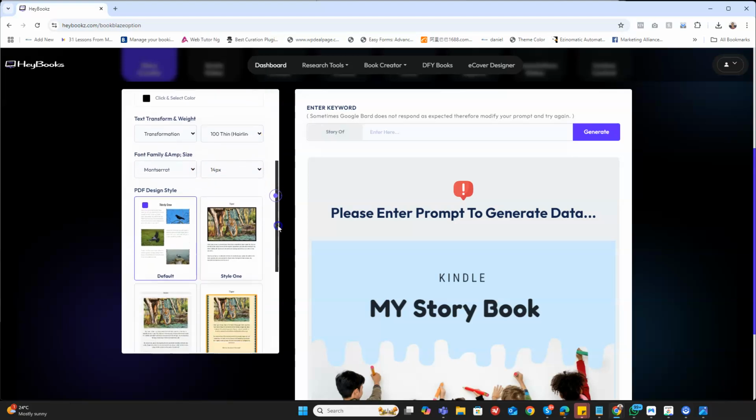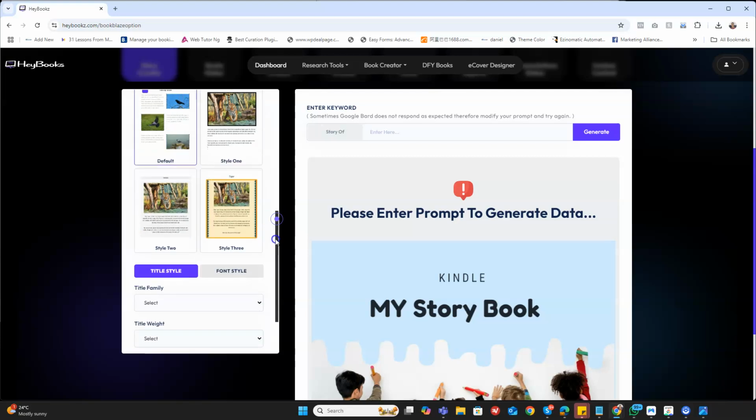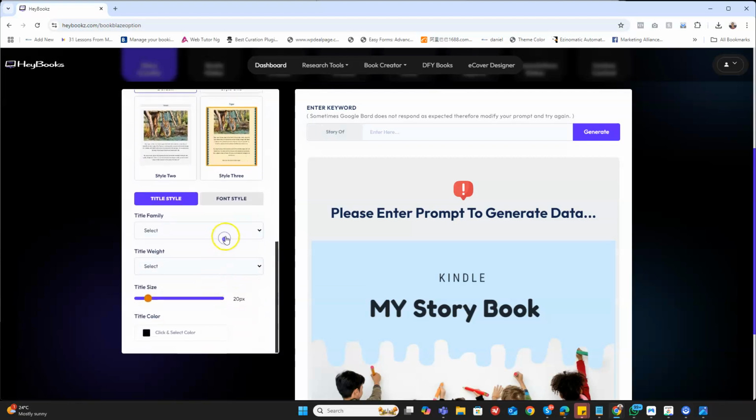So once you're done with that, the next thing is the PDF design, the ebook design. So you can decide the type of design that you want. Is it this default or this style, or you can use this or any type of design that you want, you can always use it. And then you can select the text. This time around, the text for